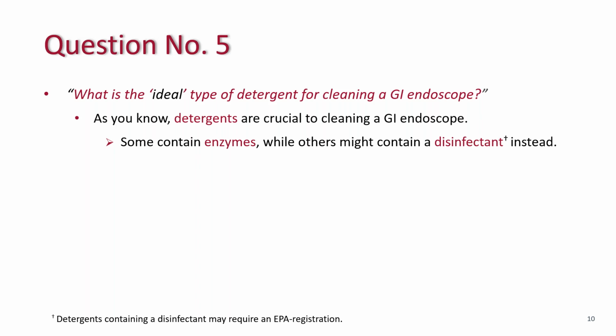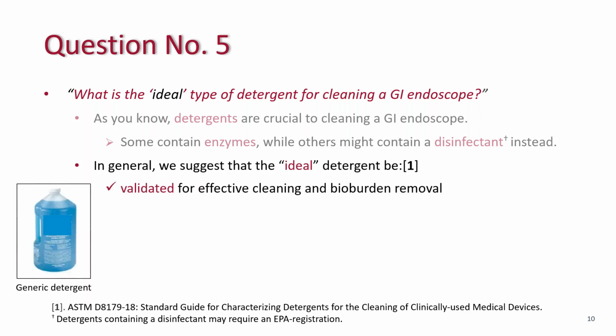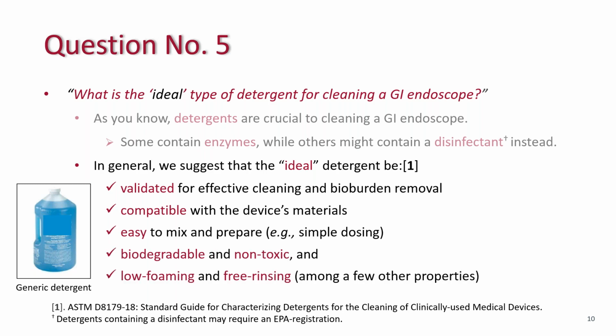Some of these detergents contain enzymes, as you're aware, and some might also contain a disinfectant instead. You can talk to the manufacturer, the vendor of your detergent, to get a little more insight into that. But Ron and I came up with a few general characteristics, traits, or properties, if you will, of what we consider an ideal detergent that you should each assure that the detergent you're using in your GI unit actually